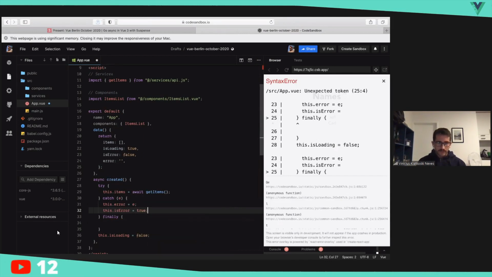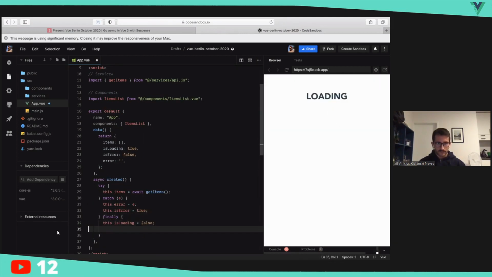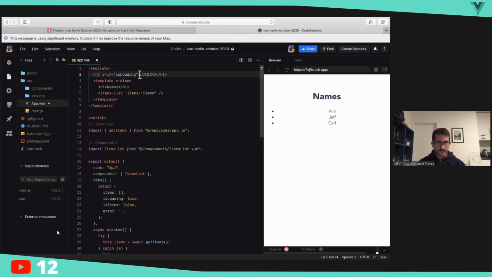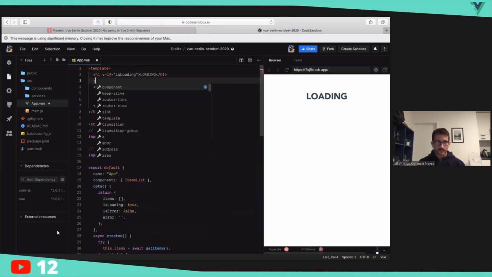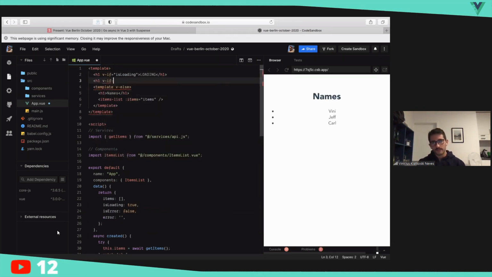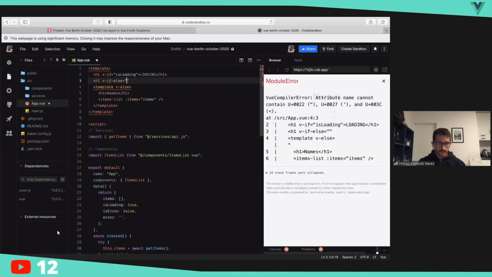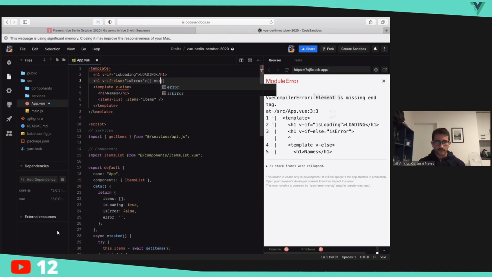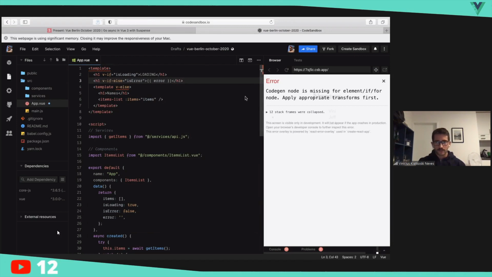We have error here, and then we move loading to false, for example. And then we go to our template and do exactly the same as we have for loading, but for error. So we do an if else, for example, is error, and then we print the error message here. Okay, that's it. Let me see. If else, wait a second. Oh, else if here,